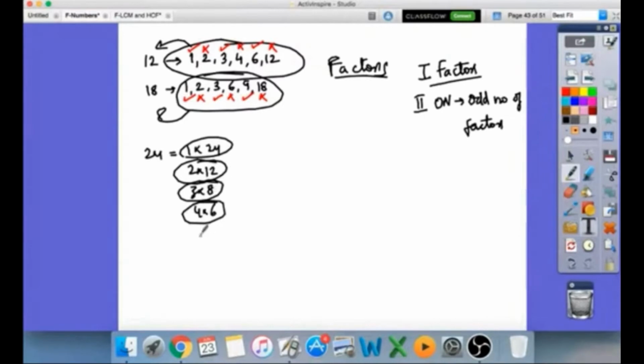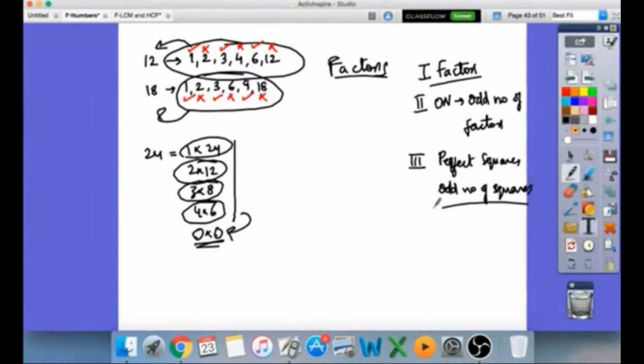To get an odd number of factors, you should have the same number in both the places, and that will only be counted as one factor. So for an odd number of factors, you will need the same number in both the places. If a number is being multiplied with itself, what are such numbers called? They are called perfect squares. So conclusion number 3 is that perfect squares have an odd number of factors.